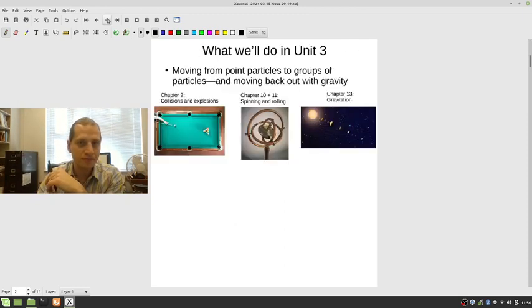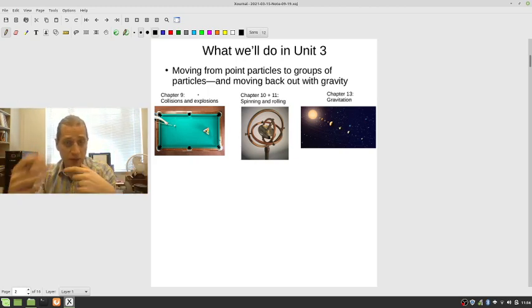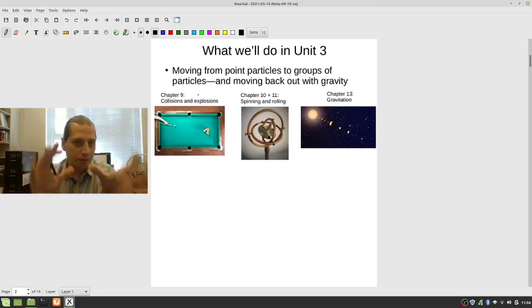So what we're going to be working on in Unit 3, basically, we're going to be going from the idea that you can describe an object just as a point to describing groups of objects and objects that can spin and roll and all of that sort of thing. So instead of just having these very simple objects, we're going to describe more realistic types of objects and